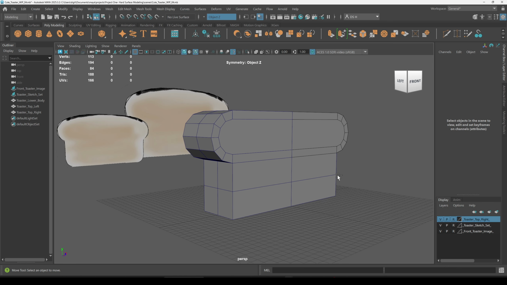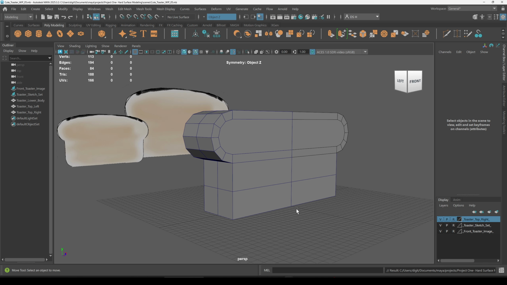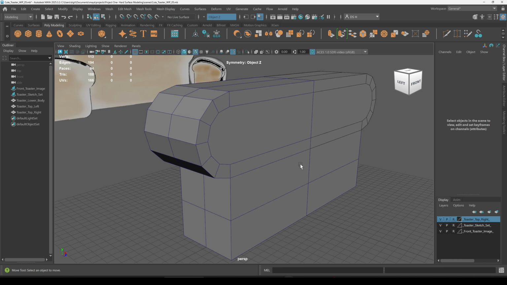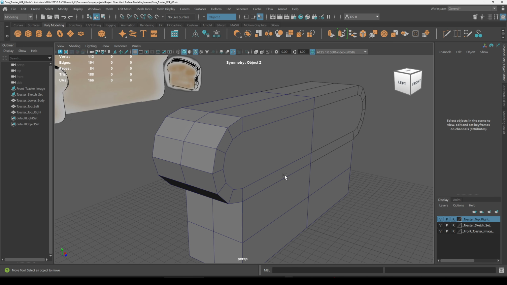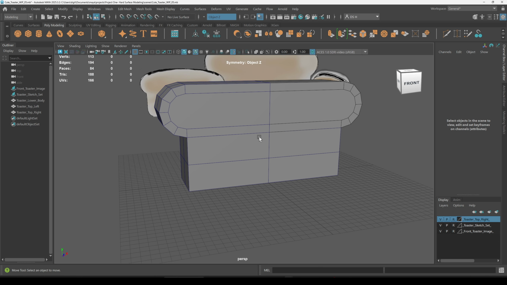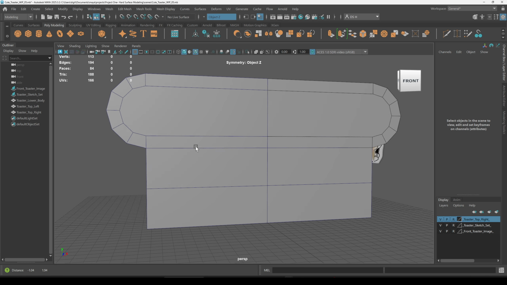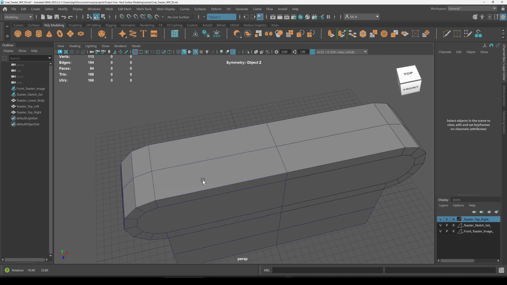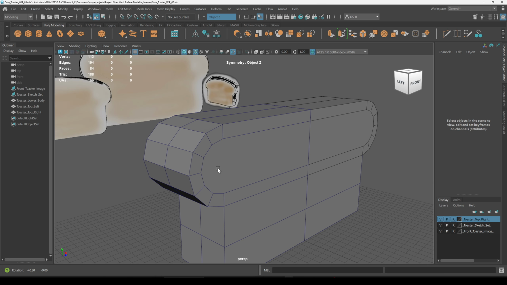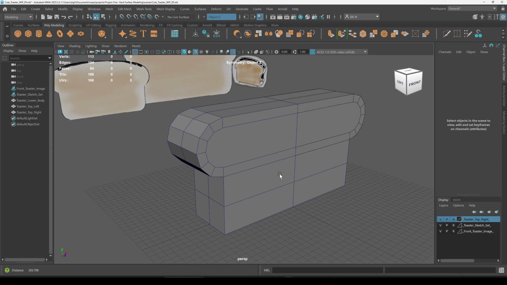I want to save this. Control Shift S, 05. It's always good to continuously save. When I was doing a test run on building this, and I was almost done, it crashed on me, and I lost literally 30 to 40 minutes of work near the end. So you want to always do that. All right, anyway,